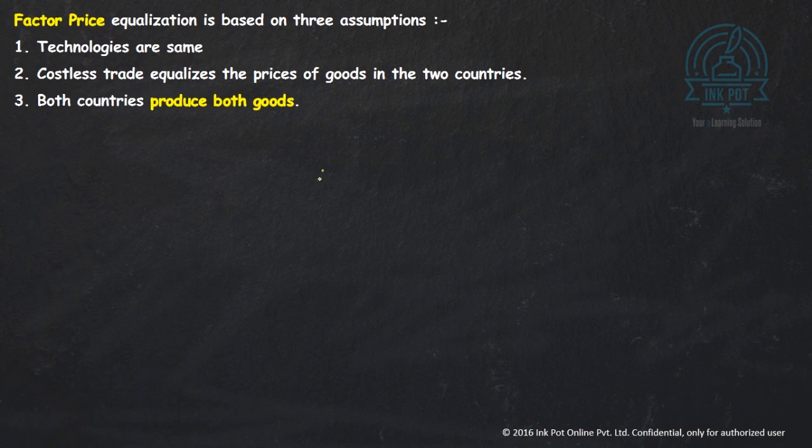Both the countries produce both the goods. Again not true. हो सकता है एक country बोले मैं तो सिर्फ cloth produce करूँगी, food produce ही नहीं करूँगी. फिर हो सकता है एक country बोले मैं तो food के साथ साथ और कोई good produce करूँगी. I will not produce cloth at all. So because these 3 things do not hold, that's why factor price equalization does not happen in the real world. So this is all we do in this video, except that there's one last thing, which is Leontief